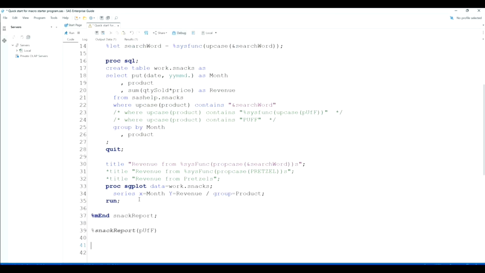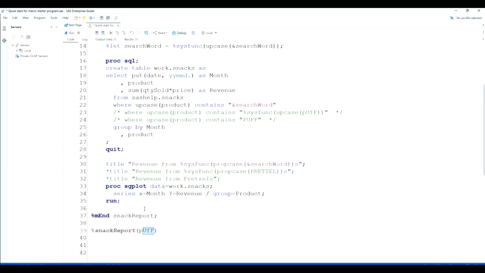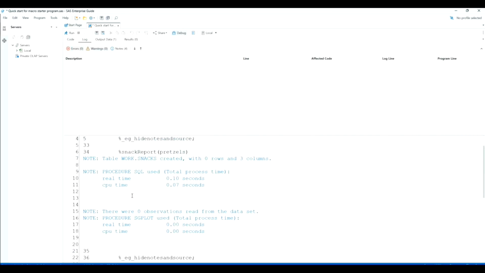Now, what if we put in a word that does not appear? So what if, rather than pretzel, I put in pretzels? My output table has no rows. And if I check my log, it's not terribly descriptive. 0 rows, 0 rows read from sgplot, which I suppose actually is kind of descriptive, but